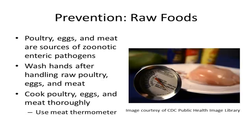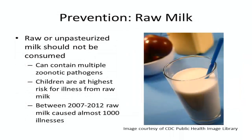Raw poultry, eggs, and meat should be cooked thoroughly. The best way to make sure raw meats have been cooked thoroughly is by using a meat thermometer to check internal temperatures. Raw or unpasteurized milk should not be consumed by people, especially children, since they are very susceptible to